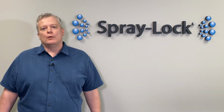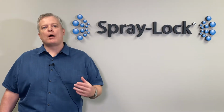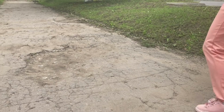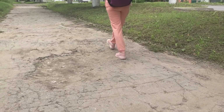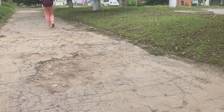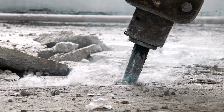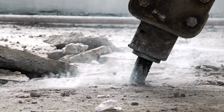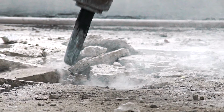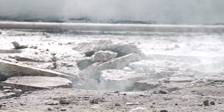We ran into some municipalities early on that were having problems with their concrete durability, specifically areas that were fighting de-icing salt damage. There are some municipalities that are having de-icing salts cause the deterioration of the concrete to such a degree that they're having to replace sidewalks in as little as 3 years. If your municipal budget can't handle replacing concrete in 3 to 5 years because of de-icing salt or other damage,